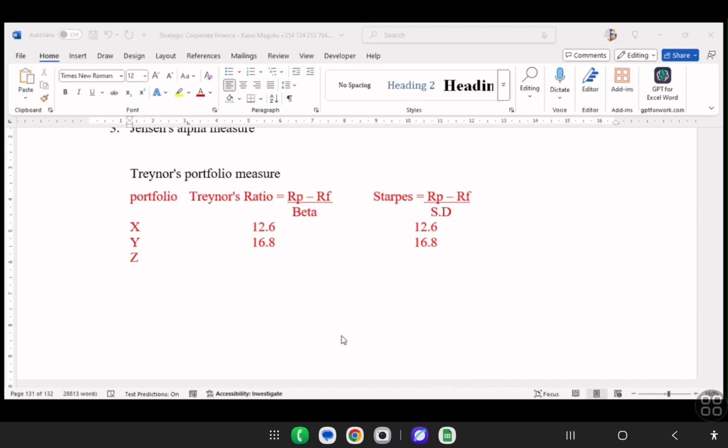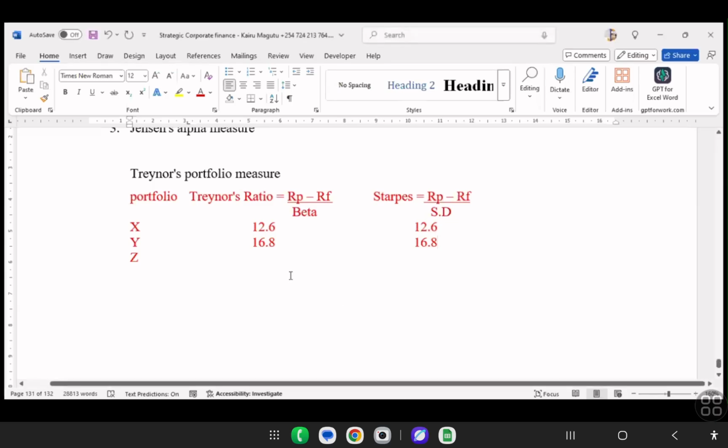Someone is asking, is performance evaluation of portfolio going to be covered in another chapter? What are we doing? Anyway,